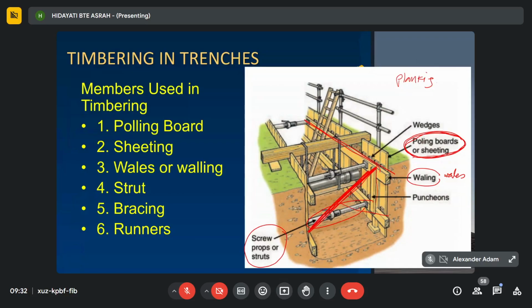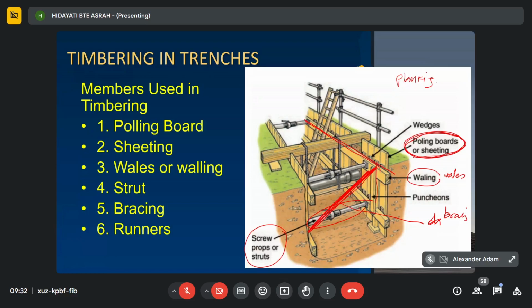There is no bracing shown in this picture. But bracing is usually arranged in a diagonal pattern, and it is used between two walls to reinforce the timbering framework. That is bracing. And runner we also cannot see in this picture, but runner is actually similar to the polling board,